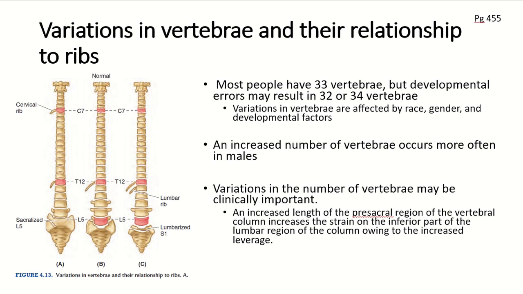The variation in vertebra also involves the relationship between the vertebrae and the ribs, and the number of vertebrae that fuse to form the sacrum. The relationship of the presacral vertebra to the ribs and/or the sacrum may occur higher or lower than normal. So if it occurs higher, it's called a cranial shift, and if it occurs lower, then it's called a caudal shift.